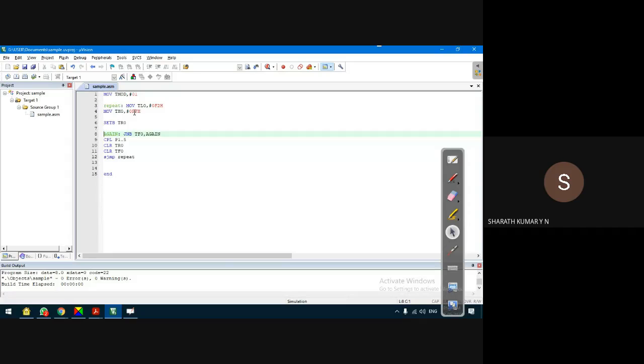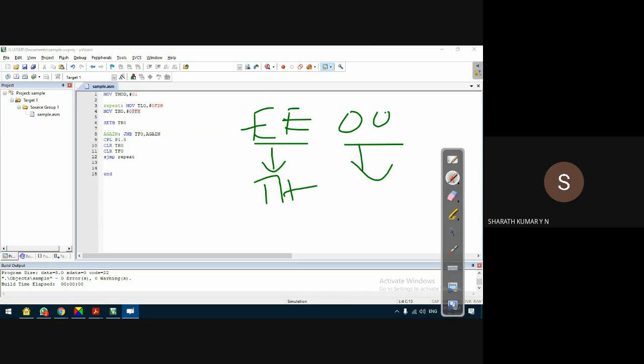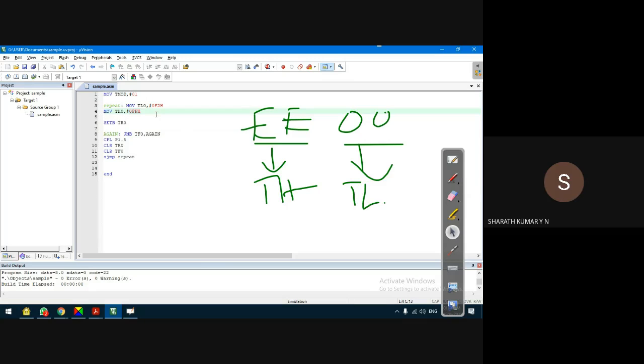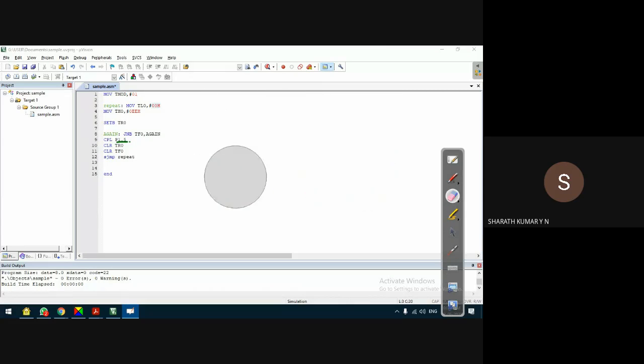The initial count is EE00H, so EE goes to the upper byte of the timer and 00 to the lower byte. I'm generating the output on P1.5. Let us not change this. Let us run this program.